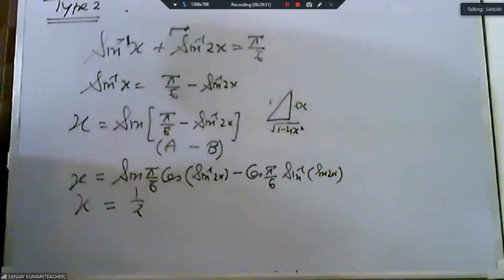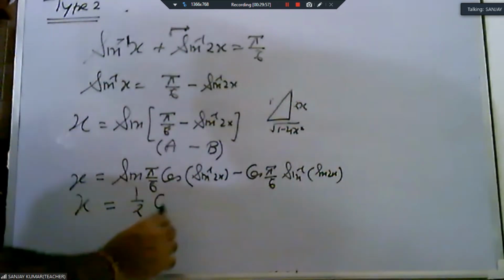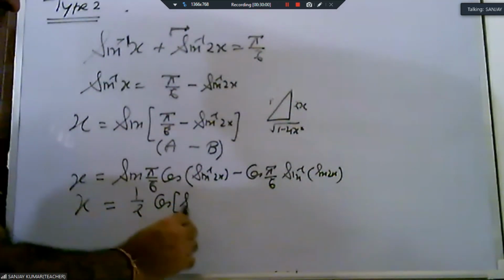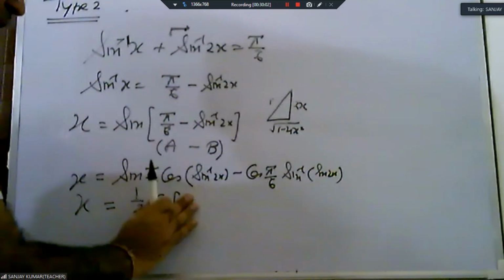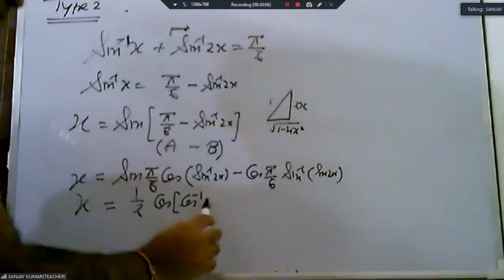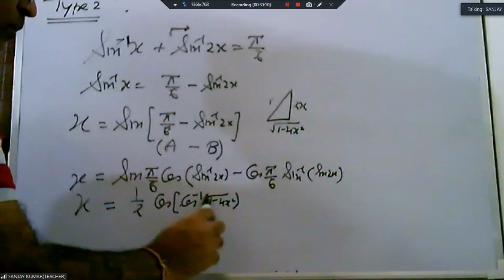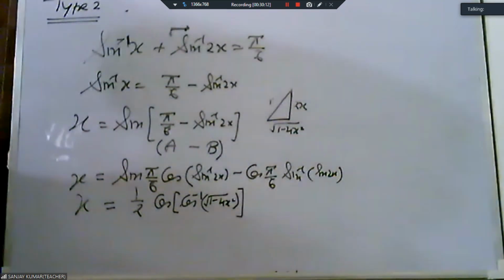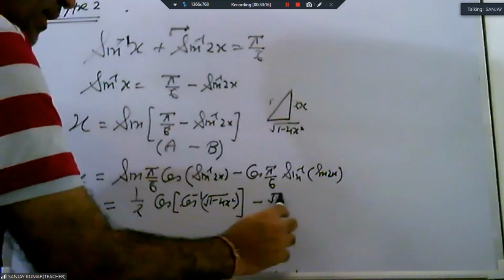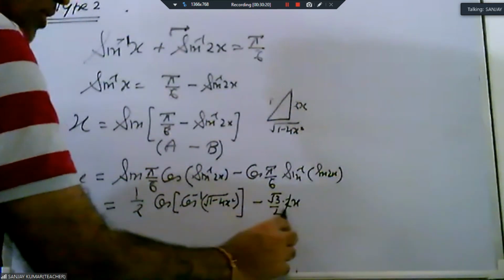देखो this type of question is not given in NCERT. We again repeat this question. अगर आपको नहीं समझ में आ रहा है, then we again repeat from the starting. देखो, this is cos, this is sin inverse, cos inverse. Because this is cos, we require cos inside. Cos is base upon hypotenuse, under root 1 minus 4x square. Now cos pi by 6 is cos 30 degree, that is root 3 by 2. Now sin is cancelled with sin. We get 2x. This 2 is cancelled with this 2.